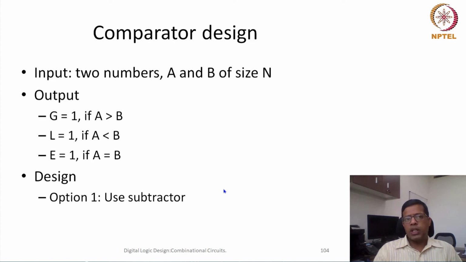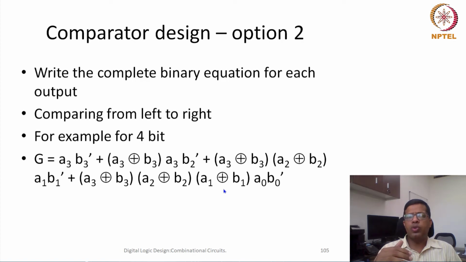Okay, so what could be the other alternative way? For that, we have to see how we used to compare two numbers in elementary classes. The way we used to compare was from left to right, and if a particular bit on the left is 1 and the corresponding bit in the second number is 0, then we used to declare that the first number is bigger, or whichever number has the first bit as 1 is the bigger one.